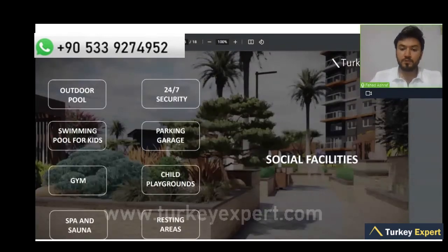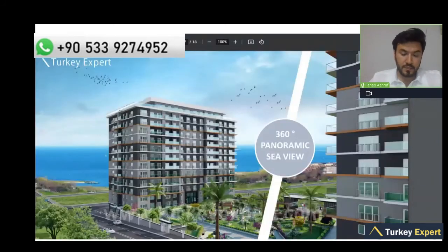So now coming to the social facilities, we are talking about an outdoor pool, 24/7 security, a swimming pool for kids, a parking garage, gym, child playgrounds, and spa and sauna. Moreover, we have resting areas in this project as well. It's basically a panoramic 360 view,